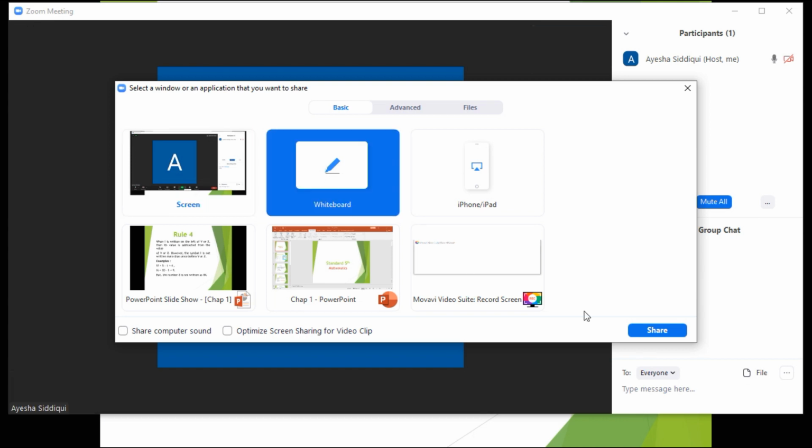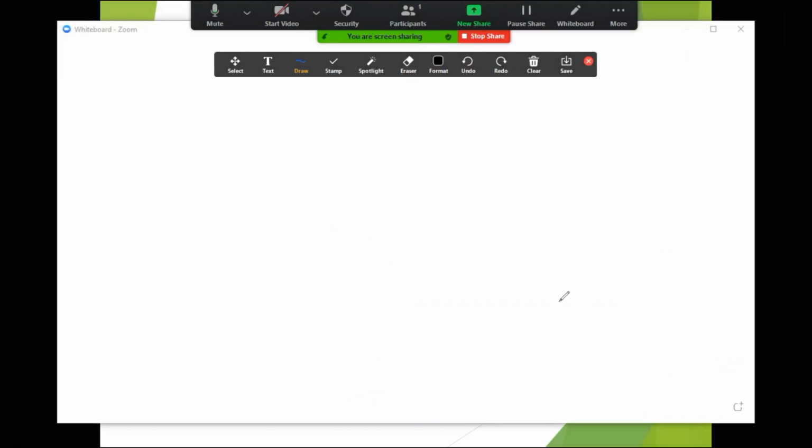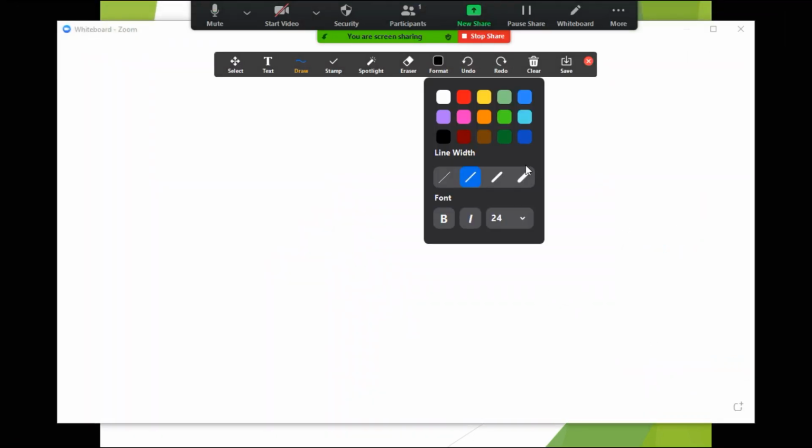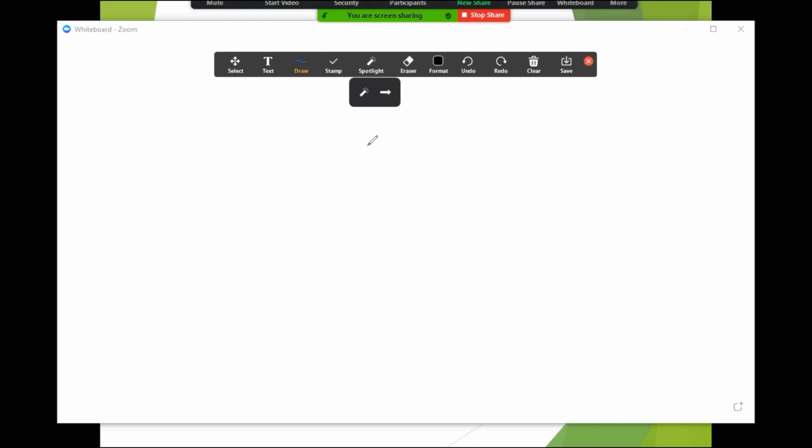When you are conducting an online lecture or seminar and you want to explain some points through the board, then this option is very helpful, because teachers believe in chalk and duster type of teaching. So the whiteboard is a very good option.